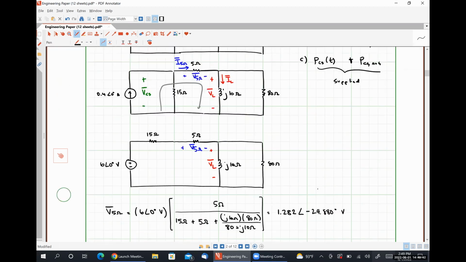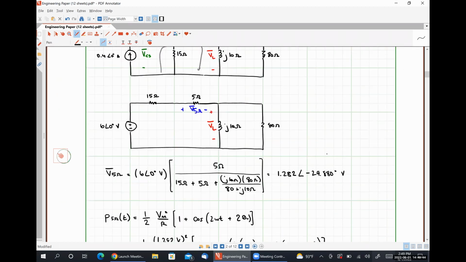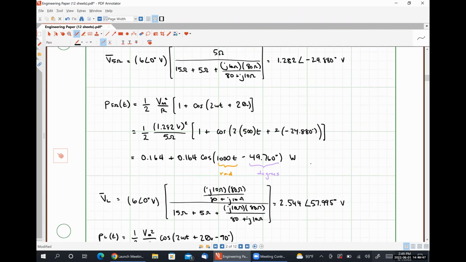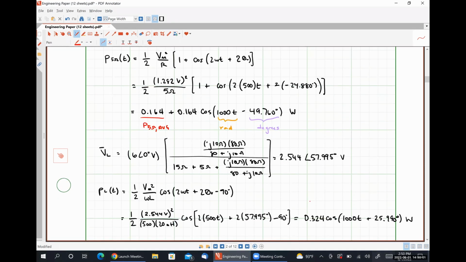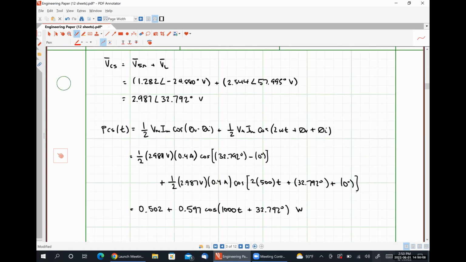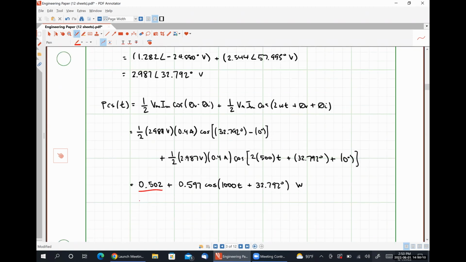Our average powers are simply the DC parts of all of our different bits, right? So the average power absorbed by the 5 ohm resistor is this bit right here. So here's P 5 ohms average. The average power absorbed by our inductor is 0 watts because there is no DC part listed here. And the average power absorbed by our current source is 0.502 watts. So this is PCS